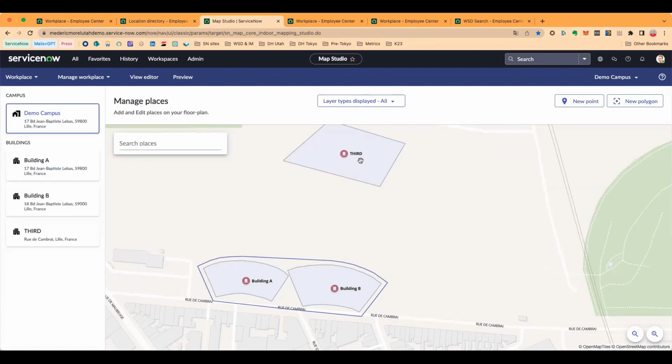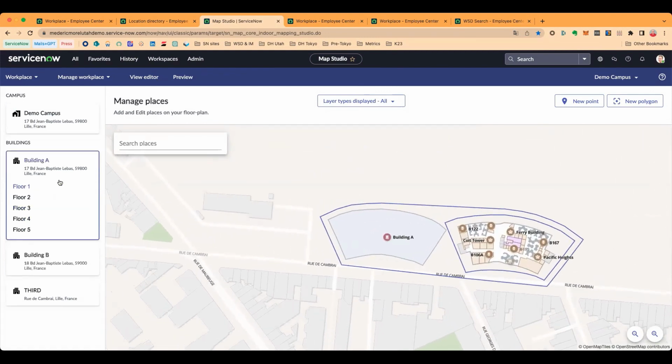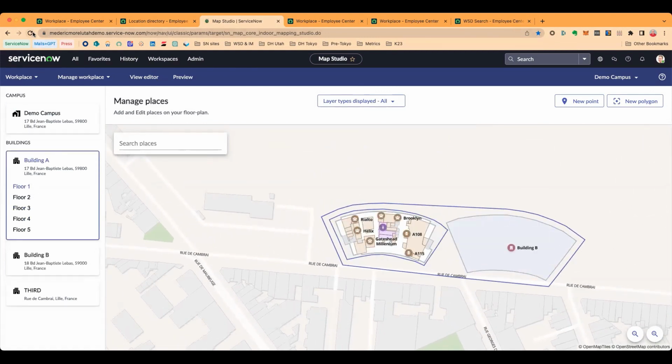So you need to extend or redraw the boundary of the campus to include that building. So it's a problem, and it's very common to have that kind of issue. So I will reload my screen,